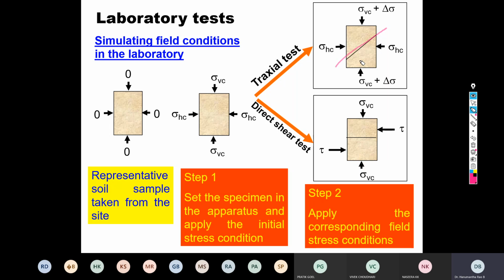If you look at any soil testing in the laboratory, we don't directly apply the delta sigma. We apply the strain rate, and from there we derive how much should be the value of the delta sigma. That's why we always take strain on the x-axis and stress on the y-axis. Therefore the laboratory tests are called strain based tests. They are not stress based tests. Stress means you have to apply the load. Strain means you have to apply the deformation, that is rate of deformation, maybe 1 millimeter per minute or 1.25 millimeter per minute and so on.